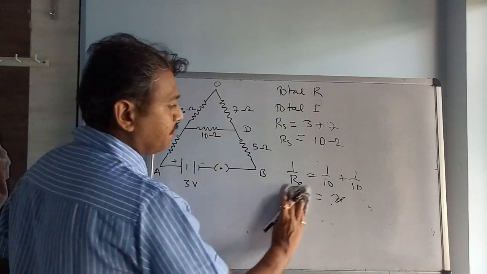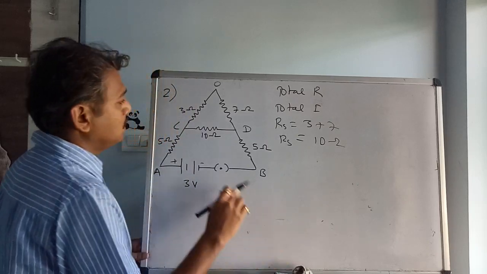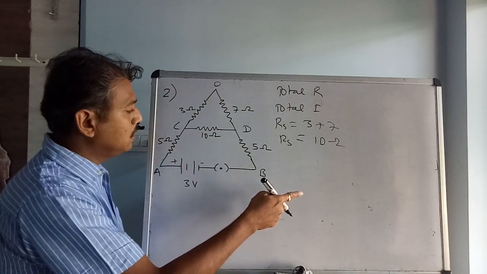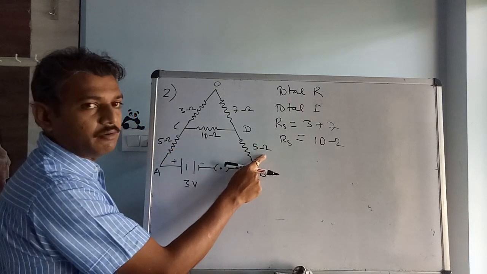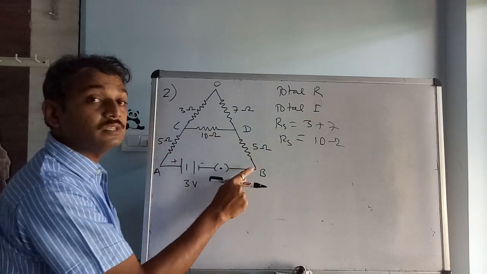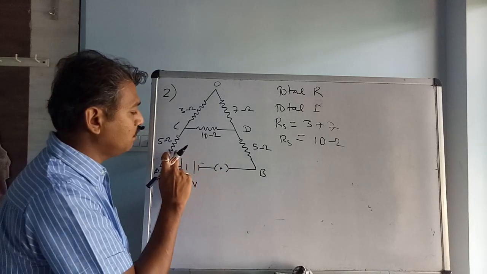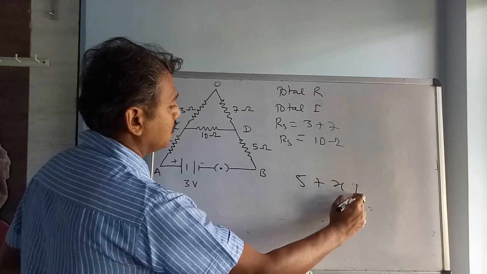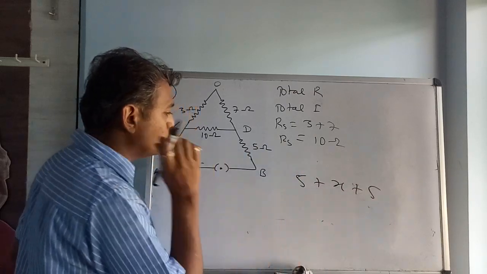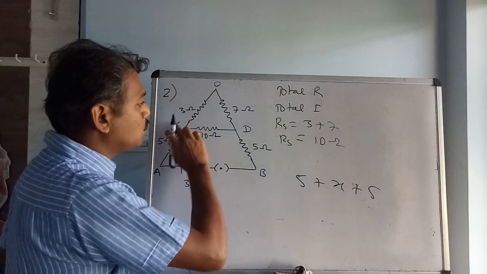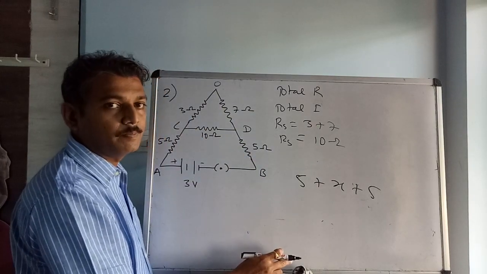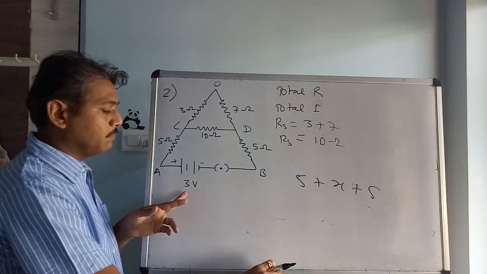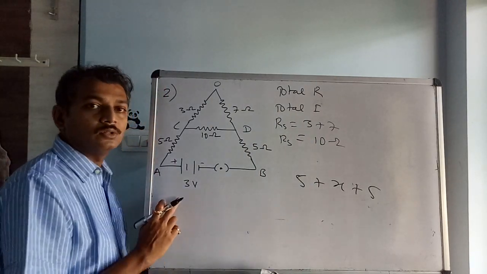Now after reframing this, these three combine to get one value you have calculated here, and now this 5 and this 5 with these three are in series with each other. So then you will finally add this 5, this answer what you got here, and this 5. So you will be getting in this way the total resistance in the circuit. Got it? And in that way you can calculate total I by putting the value of 3 here.